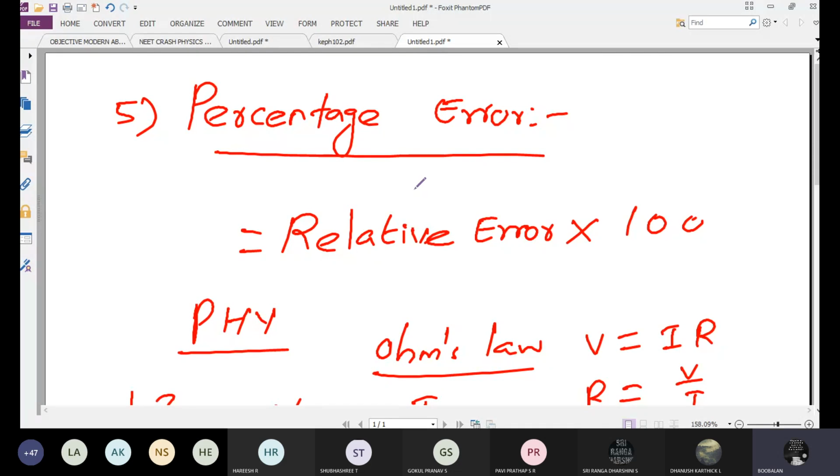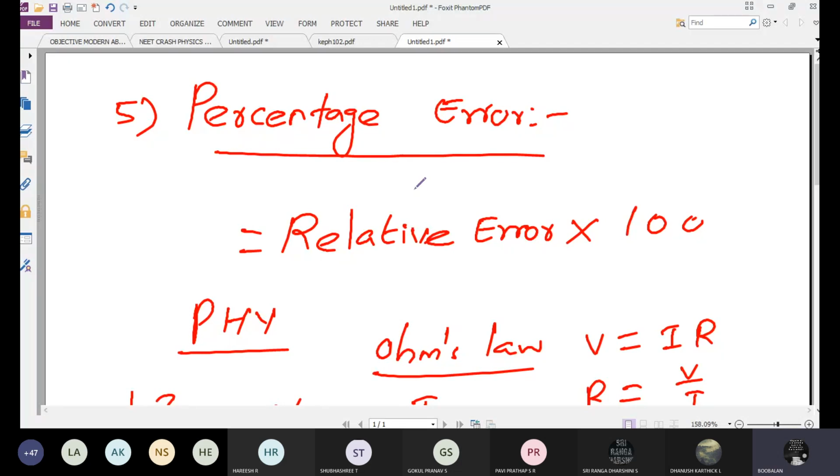And one more thing, some students are new to our class. Okay, I already completed chapter number 1, the physical world. It's a very easy chapter. Maximum 1 mark will come from it, and that 1 mark is also general things. No need to worry about chapter number 1. Again, I will revise chapter 1, physical world. And for the new students, yesterday I started the first topic, that is error.